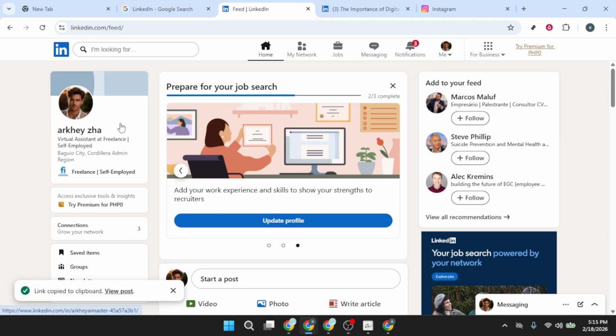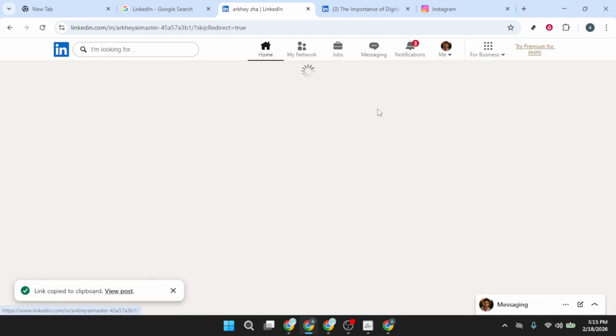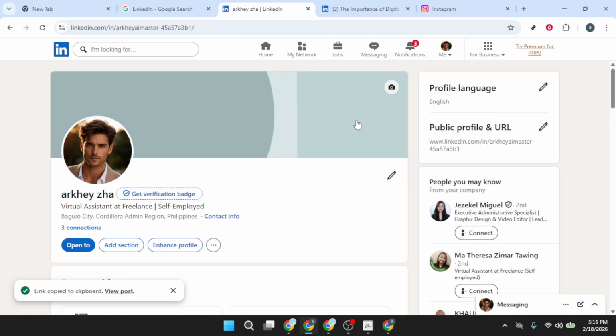At the top of LinkedIn, click the Me menu, then choose View Profile. On your profile page, scroll until you find the Activity section. This is where LinkedIn shows your recent posts and interactions. To see everything in one place, click Show All. That will open a fuller view of your recent activity, so it's easier to locate the exact post you want